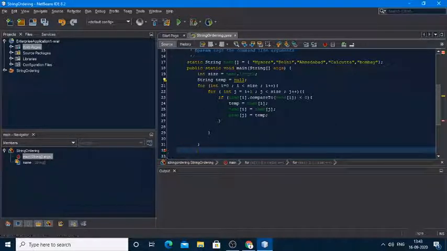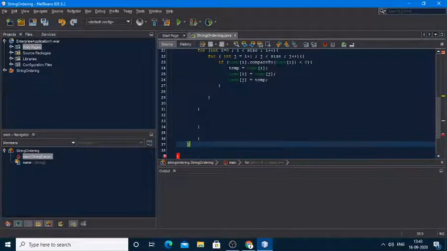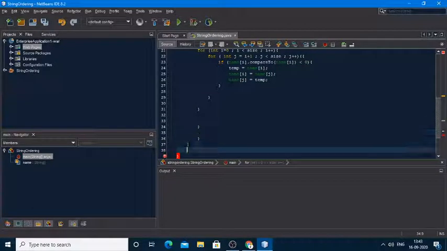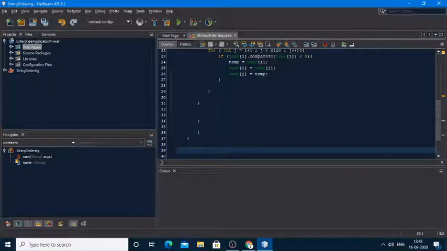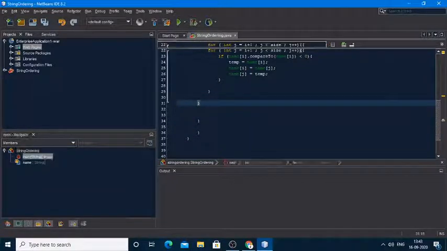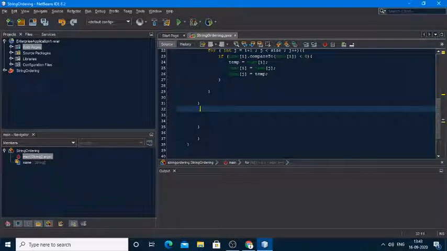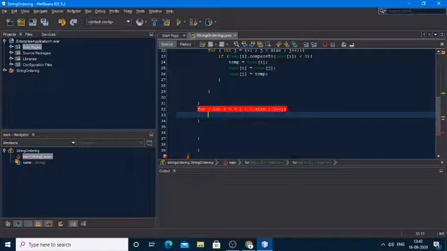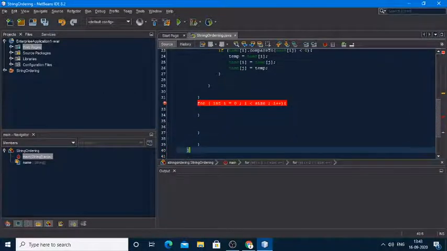So what I'll do, I'll delete this and I'll write the code over here. Of course one bracket is extra over there, so therefore I'll delete this. So now I'll come over here: for int i is equal to 0, i less than size, i plus plus, and after that I'll open the brackets and press enter. So now there is no